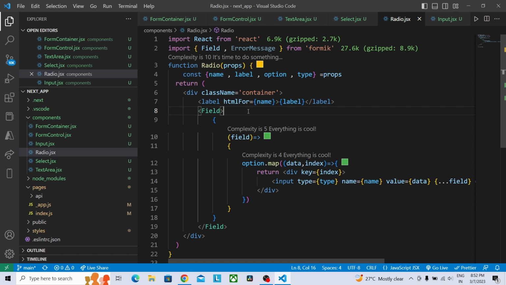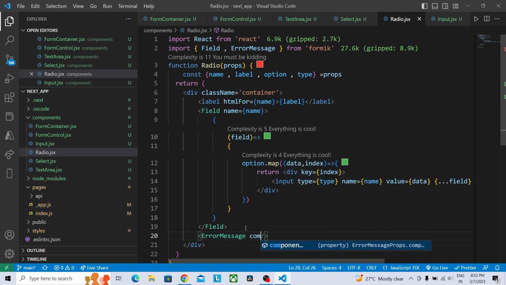So in this field also we have to add name. In the same way I need to provide the error message. Error message component, div, and the name variable should be assigned here,